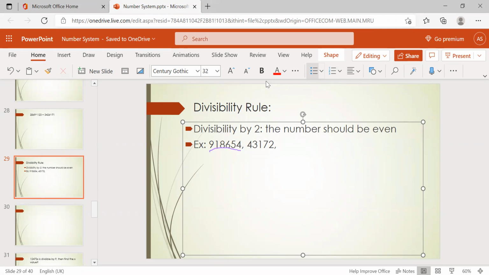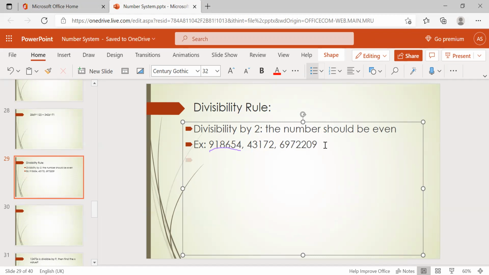Another example, suppose 69317 2... now how are we going to check? No need to worry about anything. Just seeing the last digit, 9, we can say it is an odd number, so we cannot divide this number by 2 exactly, right?